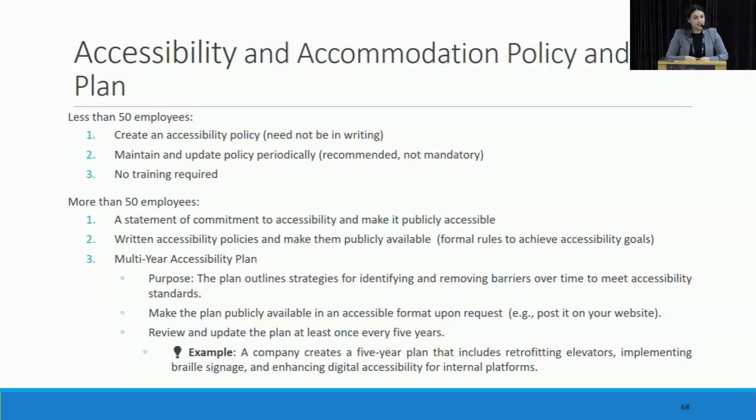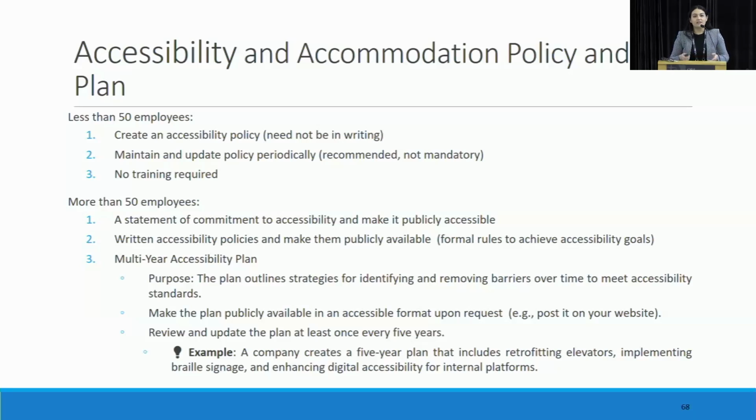So if that is the case, you have to have a written policy on accessibility. So I've indicated all of the elements of what that would include, but I'm just going to talk about a few of them. So the first is that the policy will indicate the company's commitment to ensuring accessibility. And the second element, which is quite interesting, is that you're going to have a multi-year accessibility plan. So this is where you're going to indicate the company's long-term goals to ensure accessibility.